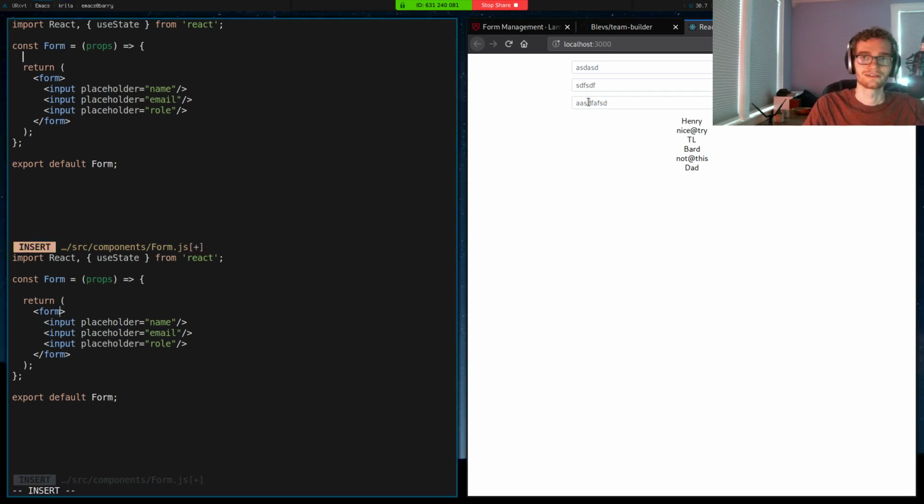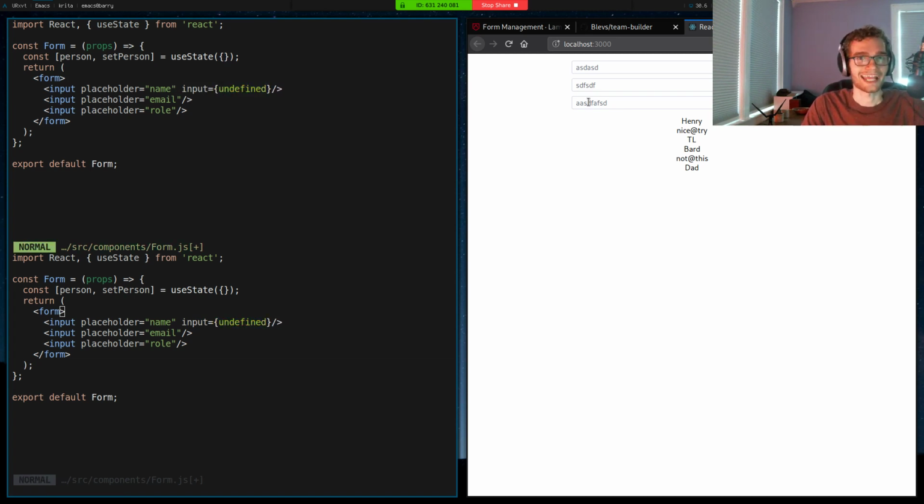So in here, I'm going to create a stateful variable that is going to hold the person that I'm creating in this form. So I'm going to call it person, and I'm going to get my setPerson function. We're going to call useState, and we're going to give it the initial value here. We have to give these some initial values, because when we set later input equals something down here, if we give it undefined,